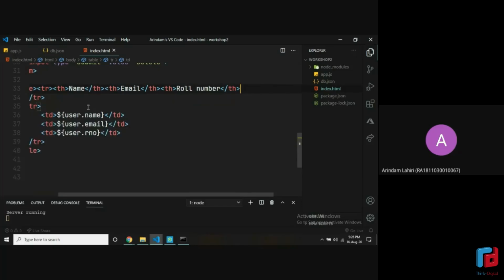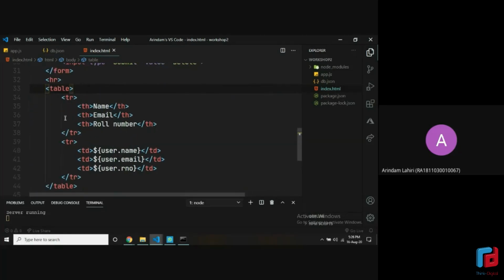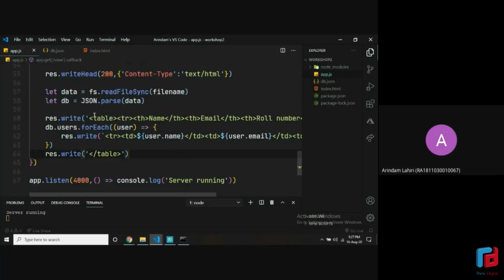So if you just undo everything, for better readability. Yeah. So the table tag is opening here and closing here. Now this tr is basically a table row, and this th is table head. So these are used for headings, and this td is table data, which are used for normal elements. Now if I just go back and show you what this does, then you'll understand this better.